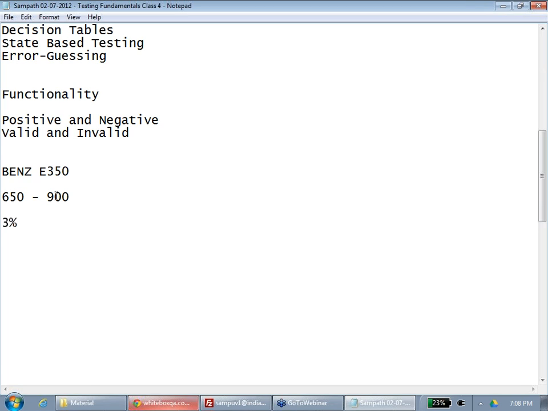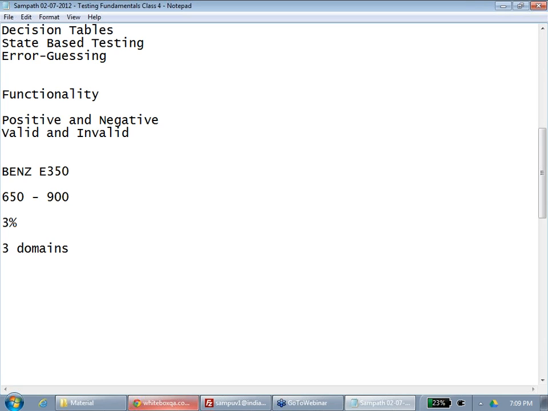If you see a functionality, divide it into domains. How many domains are there? Three. One is between 650 and 900, one is less than 650, one is greater than 900. Take one from each. It doesn't matter whether it is 651 or 652, you have already covered that case.